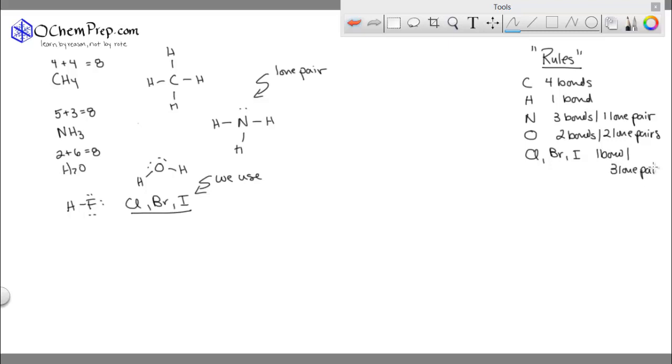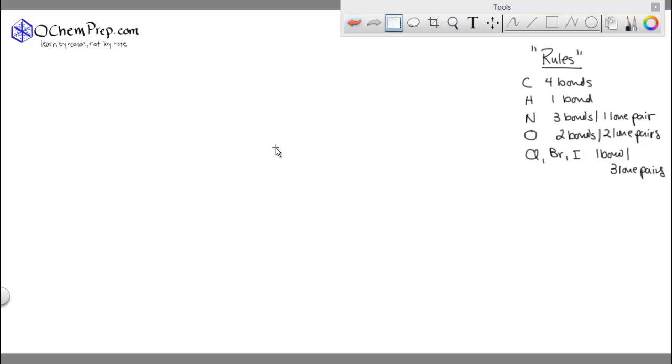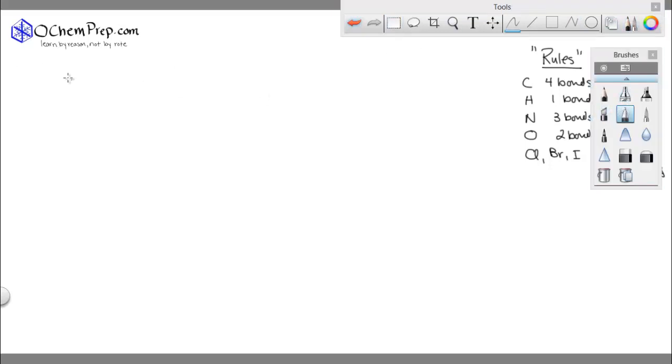Well, now we have enough rules that we can draw lots of different structures. Okay, so we're going to start with a series of hydrocarbons or carbon-hydrogen compounds. So we had, I have to get my pen ready. We had CH4, that's methane. The next one is C2H6, that's ethane. And we're going to learn nomenclature in the next podcast. C3H8, you can see the pattern forming, C4H10,